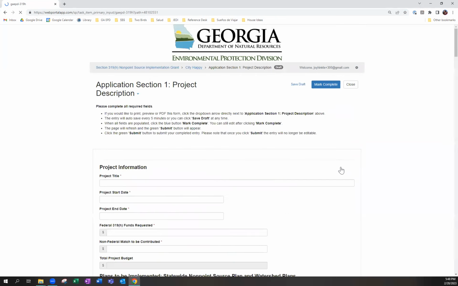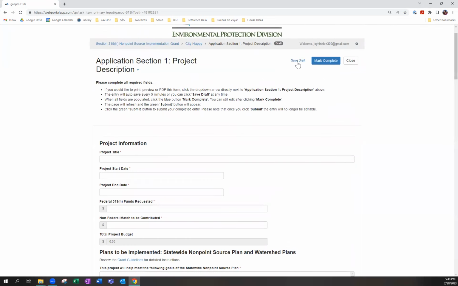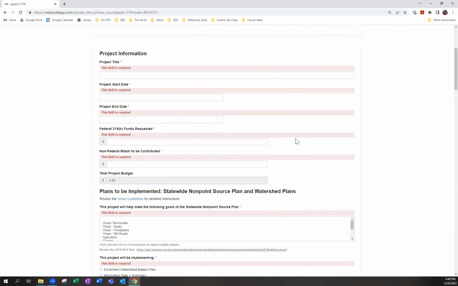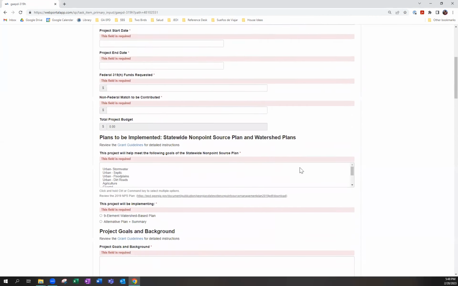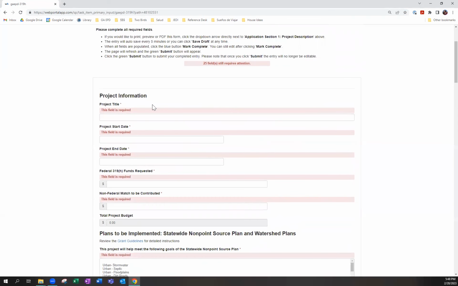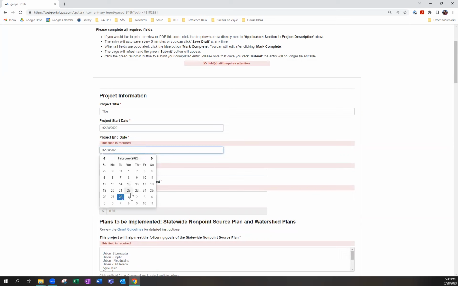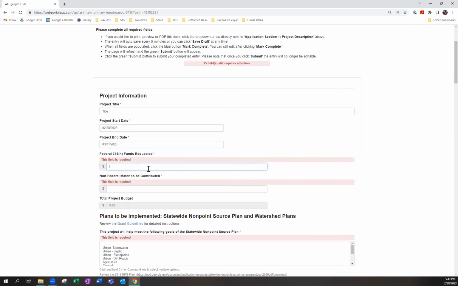Start with Open. And at any time here, you're able to hit Save Draft. And if you hit Mark Complete before you're done, there'll be a variety of required fields that are probably not filled out. And so you'll need to make sure that each of those are completed before the system will allow you to move forward. So just start with the basics: a title, a start date, an end date, federal funds requested,